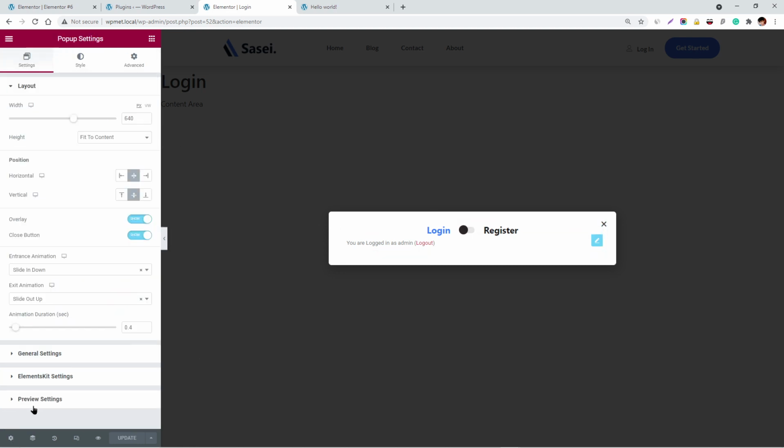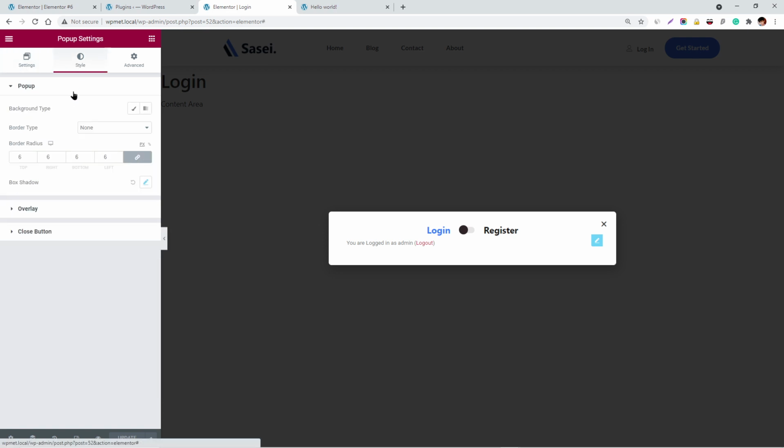You can head over to this settings icon, which will allow you to do customizations of your pop-up itself, and go to settings, and here you can give some radius to your pop-up.